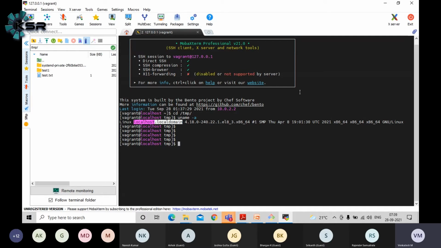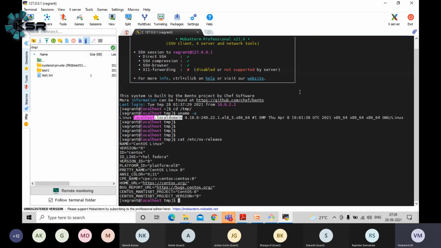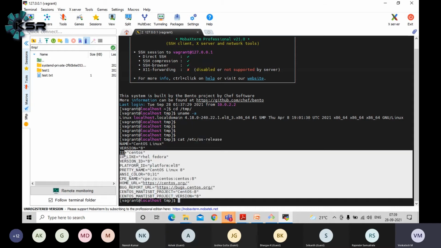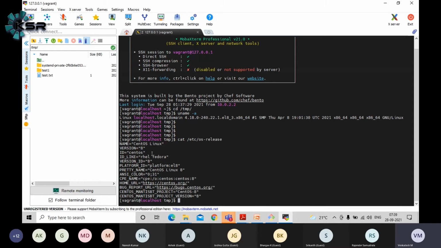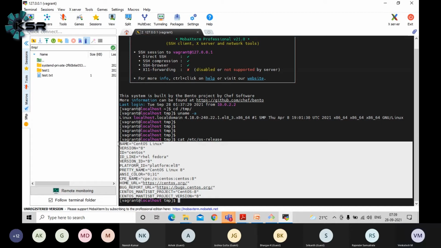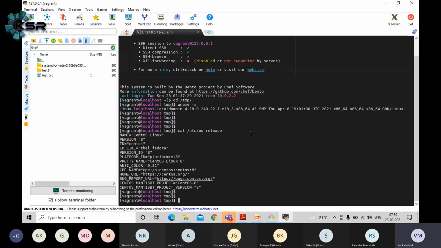But we should know the complete details. To do that, you know the cat command, right? It will just print the data of a file. Now let's fire up a command: cat /etc/os-release. All the OS related configuration you will be able to find here, guys. When you fire up the command, you can see all the data. Currently this is CentOS, the 8th version, and all the data you are able to see. This is applicable for all the Linux platforms, guys.